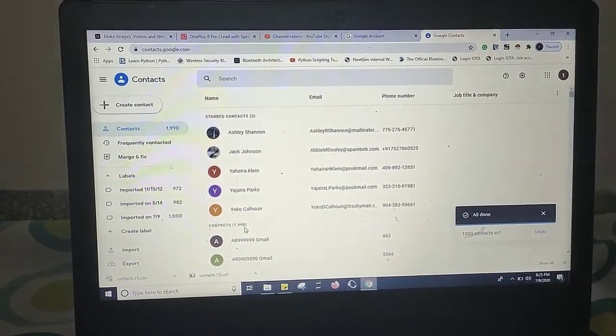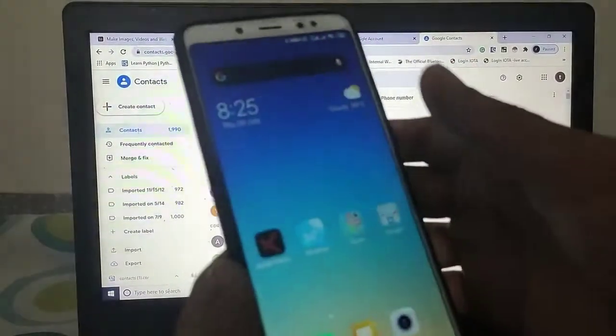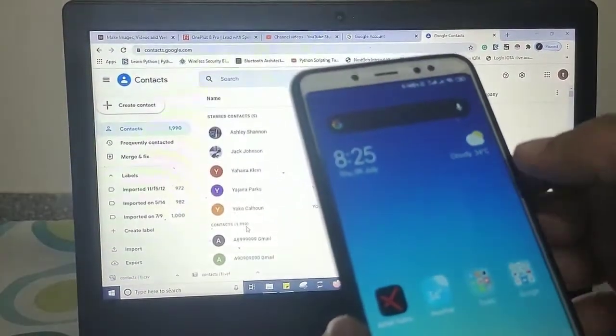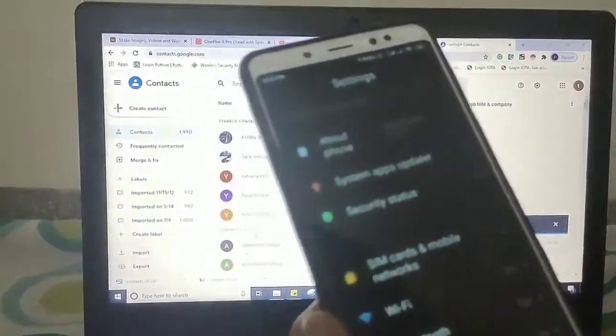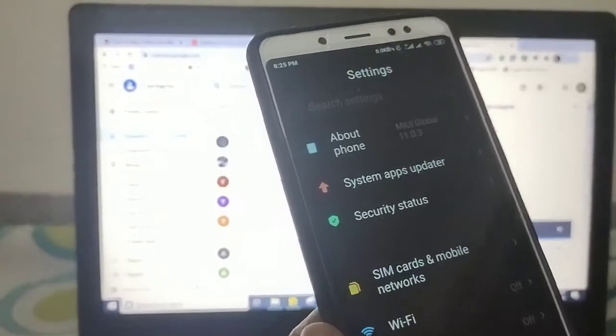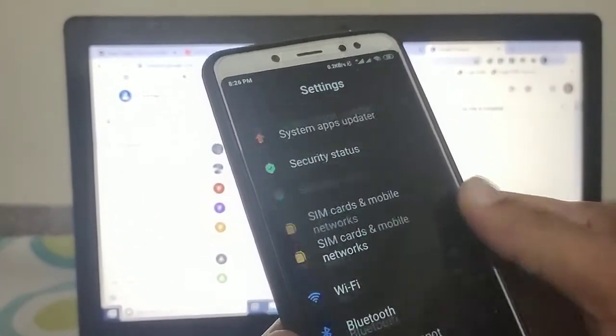If you have an Android phone, I will tell you how to log in to your Android phone with the existing Google account that you are already using on another phone.